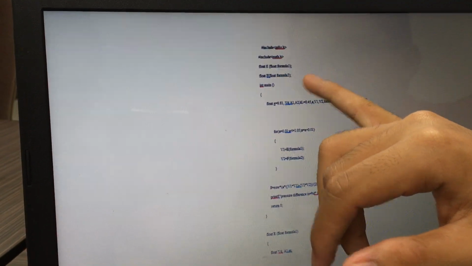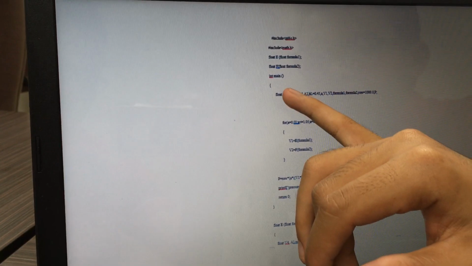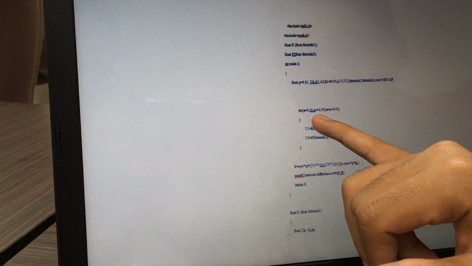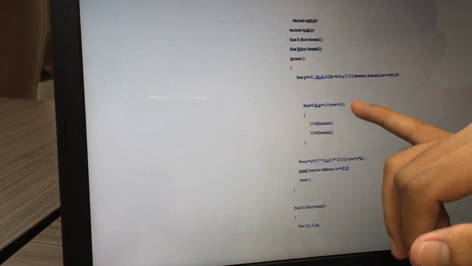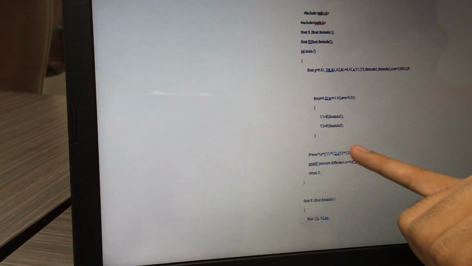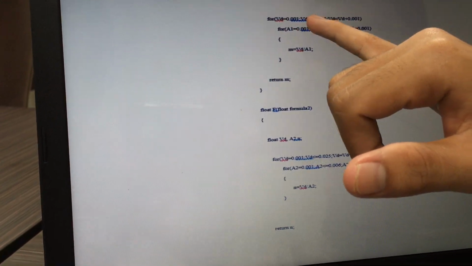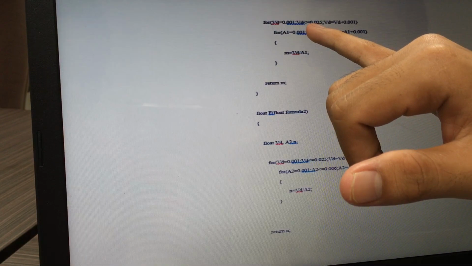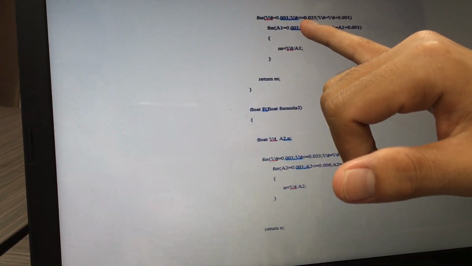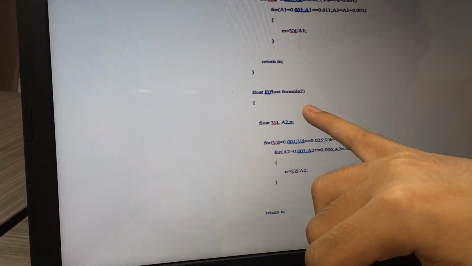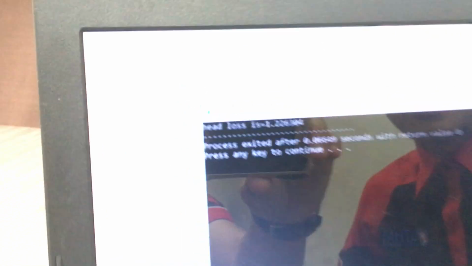So this is my coding. We include the header and declare float function 1, function 2, g, V dot, A1 and so on. And then we state that A is 0.021, and then we go through the function, as in our flowchart. Then we go through the loop for V dot from 0.01, while V dot is less than or equal to 0.025, and then we go to the float formula and we get the answer. So this is my answer.